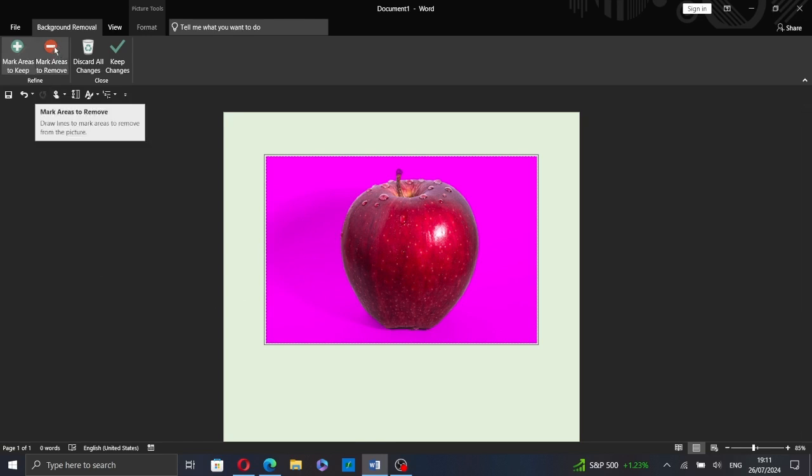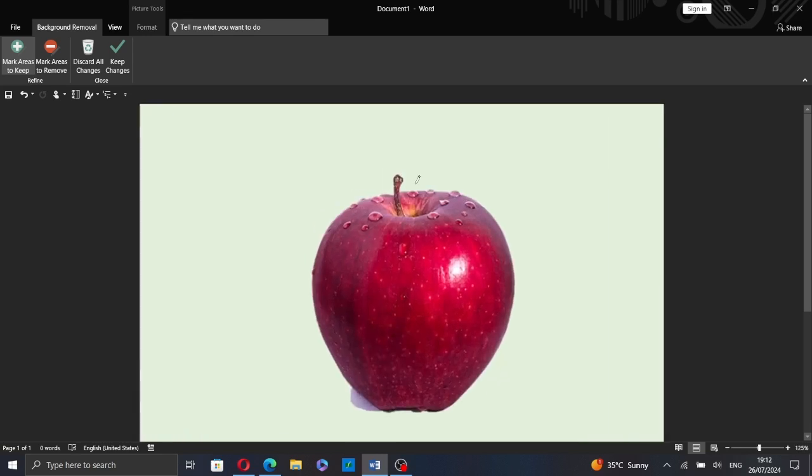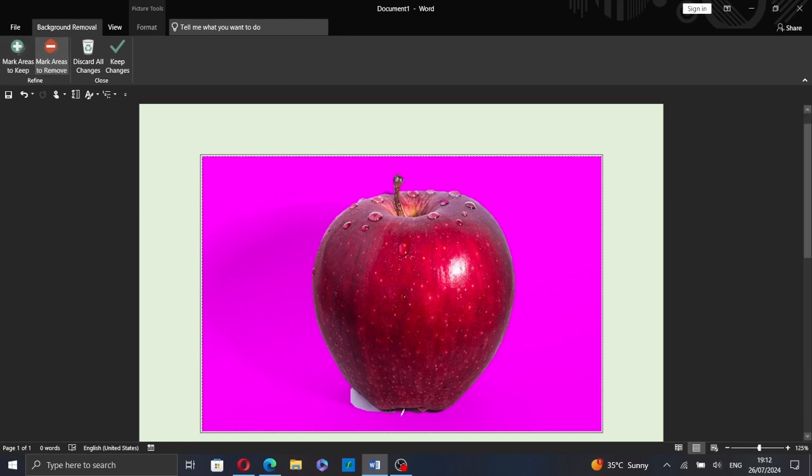And you can use this one to mark the areas to remove. I don't think I want to remove anything from the picture. Let's mark this area again. Mark area to remove, and let's remove this area. And you can click on Discard All Changes to discard the changes, or click on Keep Changes to keep the